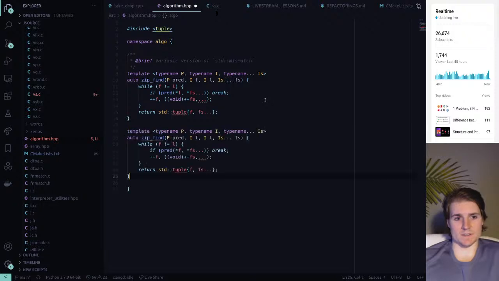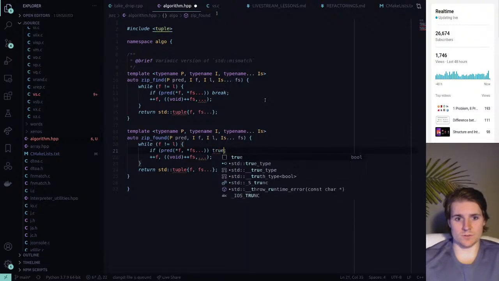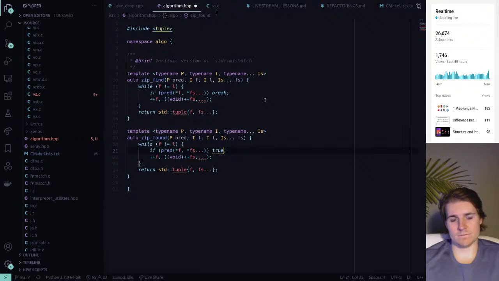So it's basically the exact same thing, except we call it zip found, and if we break, instead we just return true. Or so actually, do we want to call? What do we want to do? It's actually probably better. It's more clear